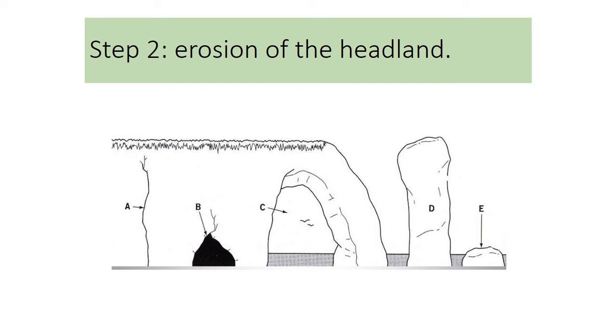And if the waves are carrying sediment, so if you think about Sidmouth, the sea always looks really murky because it's carrying lots of sand. And those little particles of sand scratch away at the base of the cave and the sides of the cave in a process called abrasion. So it's a bit like a scratchy sponge scraping away a dirty frying pan. The sand scratches away at the cliff, and gradually the cave gets bigger and bigger until eventually it